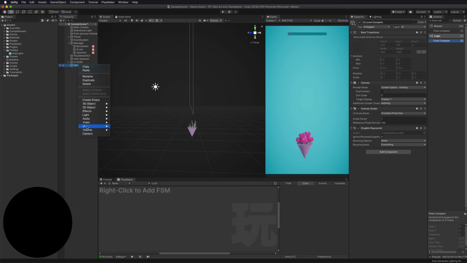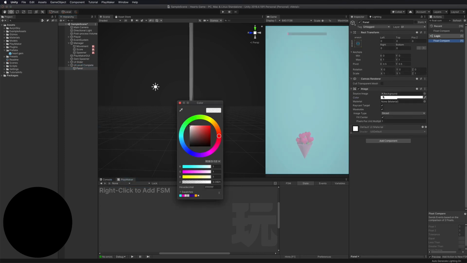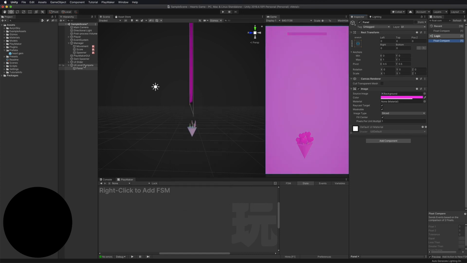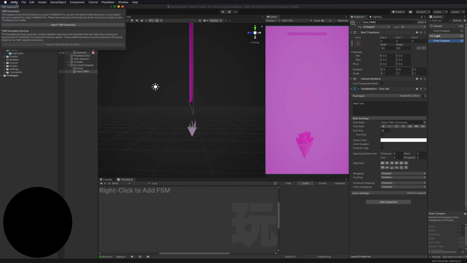And I'm going to add a new panel to that. And we'll change the color to pink. Something like that. And let's go ahead and add some text on that too. Text Mesh Pro.